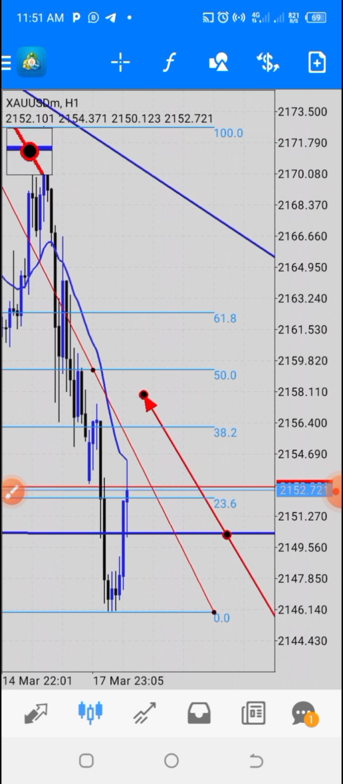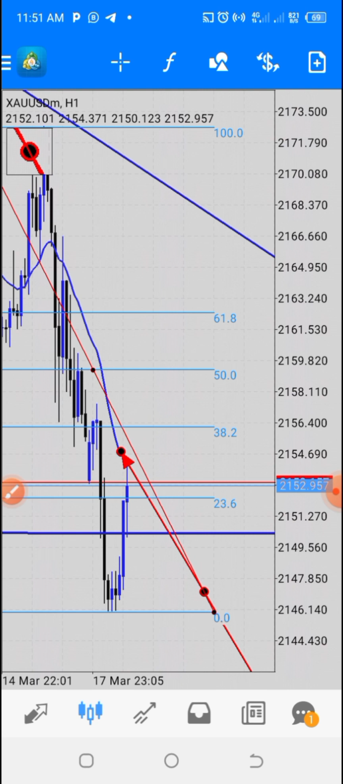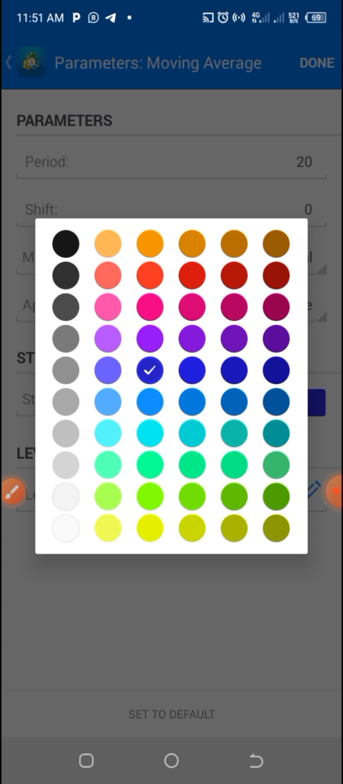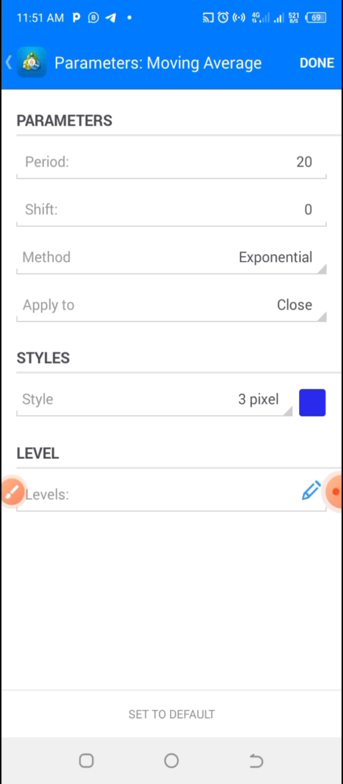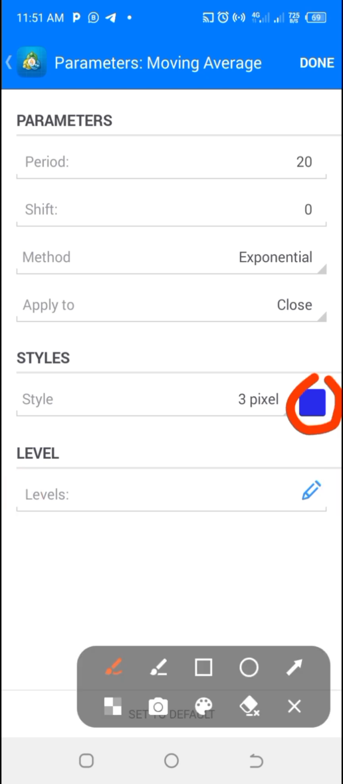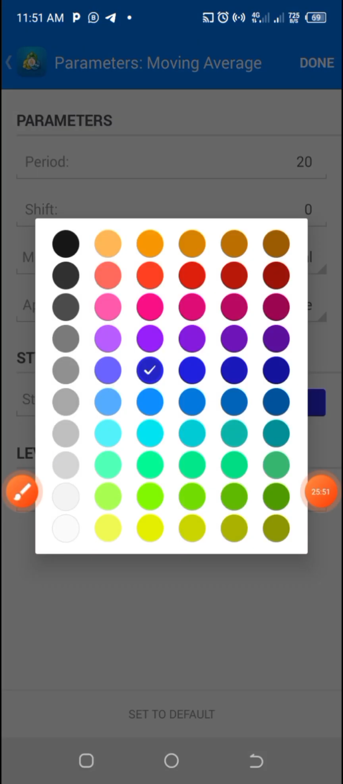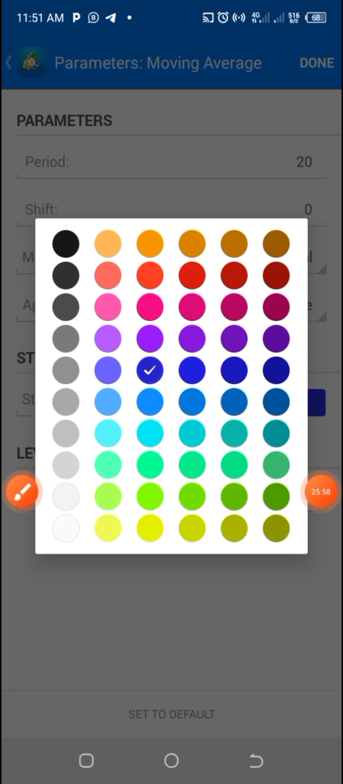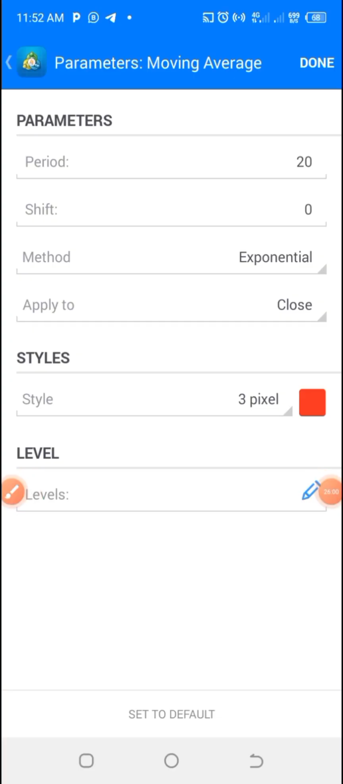Maybe let me change the color. This is the moving average I'm talking about. Let me go back and change the color. You can change the color to red. But have you seen how I have changed the color? To change the color, you just tap here. All right. Then you'll choose any color of your choice. So let me just pick maybe this one, red. So let me pick red, and I say done